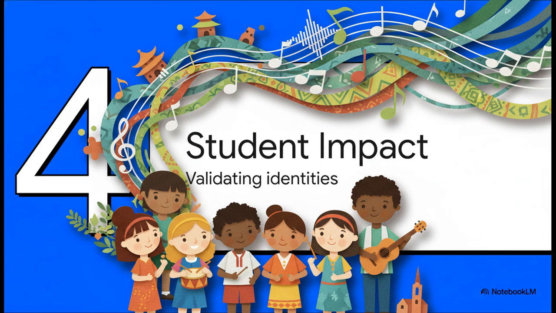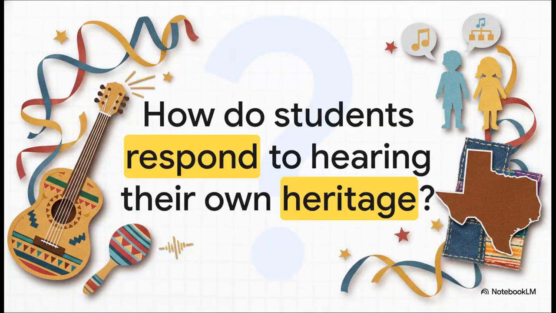That right there is the translation from abstract theory to successful classroom practice. Section 4, reflecting on student impact. Let's talk about validating identities. I want you to take a second to really visualize your future students. Imagine a kid engaging with Tejano or blues or old Texas folk tunes and having this sudden realization that their very own family's cultural background is a celebrated, vital piece of the Texas story. When you teach this competency effectively, you are validating who they are. You're showing them that history isn't just something that happened to other people, it's a tapestry their ancestors actually helped weave. And let me tell you, that is a deeply powerful, culturally responsive teaching moment.